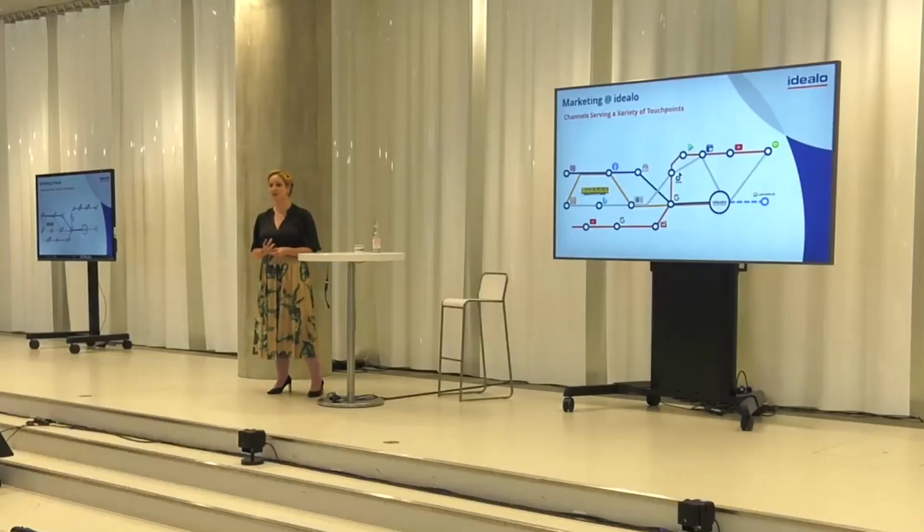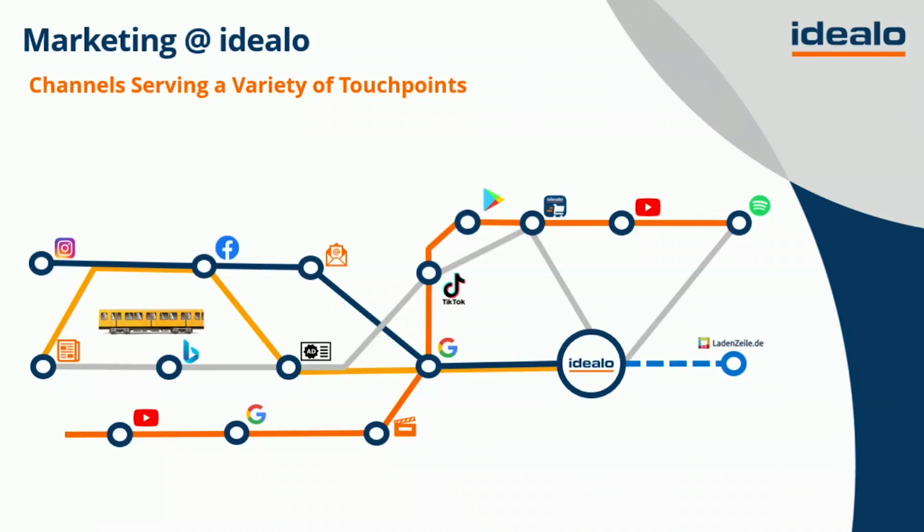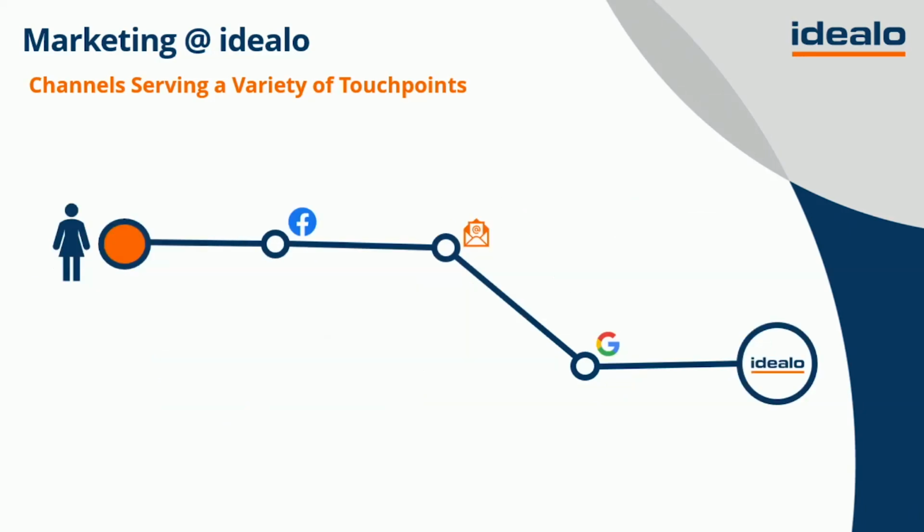What is marketing at idealo? Marketing is not one singular activity that we do to bring traffic onto our platforms. It's actually a variety of different activities that extend across a multitude of touch points. So in every individual user journey that starts outside of idealo and ends on idealo, there is likely a variety in any combination of these touch points that you see here. I won't go into detail of all of them. I'm sure we wouldn't have time for that today, but I'll show you an exemplary journey of what that could look like. So let's take a look at Karen.